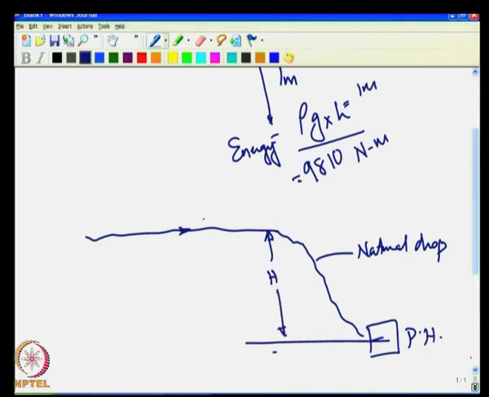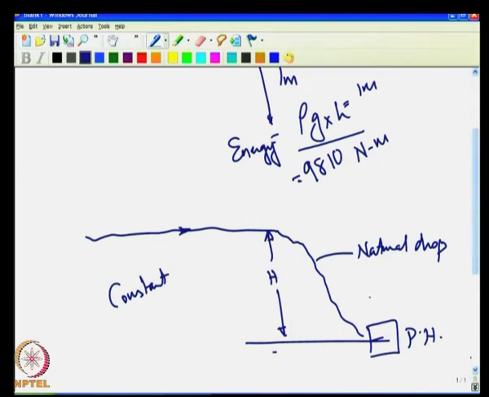Because there is a natural drop, the depth of the flow here is negligible compared to the drop that is available, and therefore this head is always available to you. So there is a constant, near constant head that is always available to you for hydropower generation,